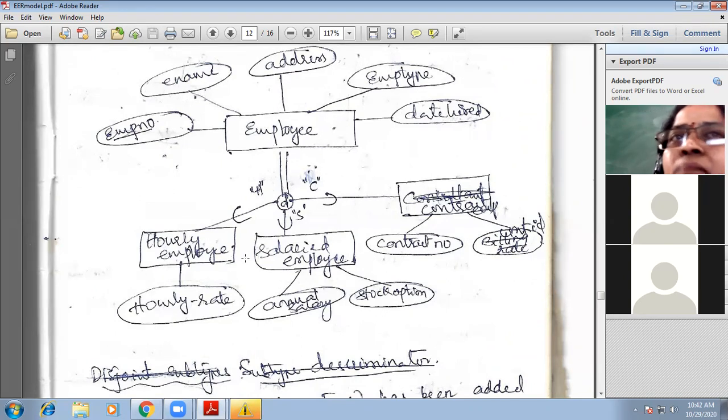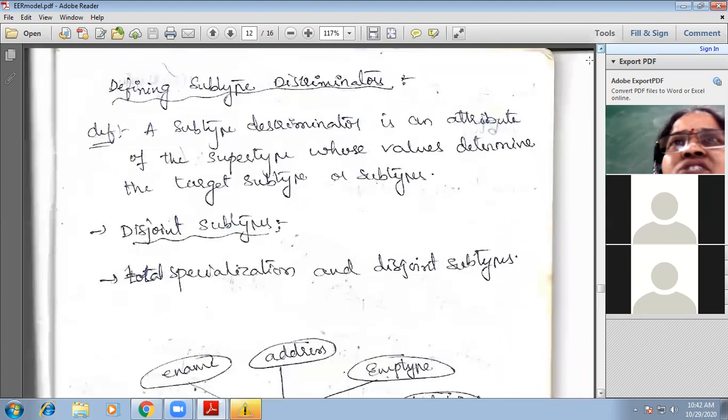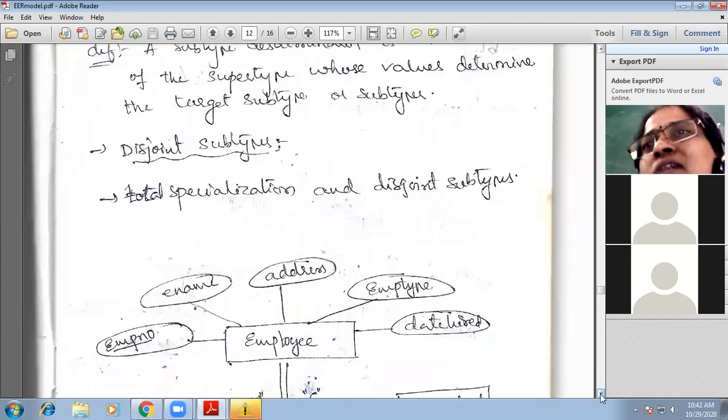Hourly employee, salaried employee and contract employee are the subtypes which inherit all the common properties from the supertype, and every subtype has its own unique properties. A subtype discriminator is a value which is used to specify the subtype.